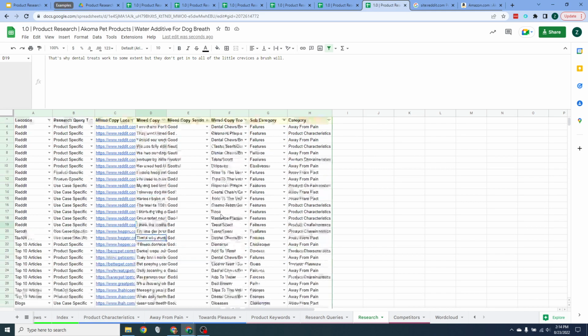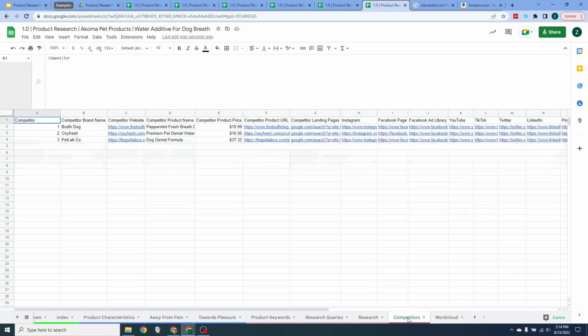Now, I haven't made a dashboard for this. If you guys are interested in a dashboard being made for the research tab here, just like we have for this one, let me know and I'll build it out, update the sheet, and make like a version 2.0 or something like that. Now the next thing too is your competitors. This is all manual again, but whoever's doing this for you, if you decide to build a team for it, if you hire someone,